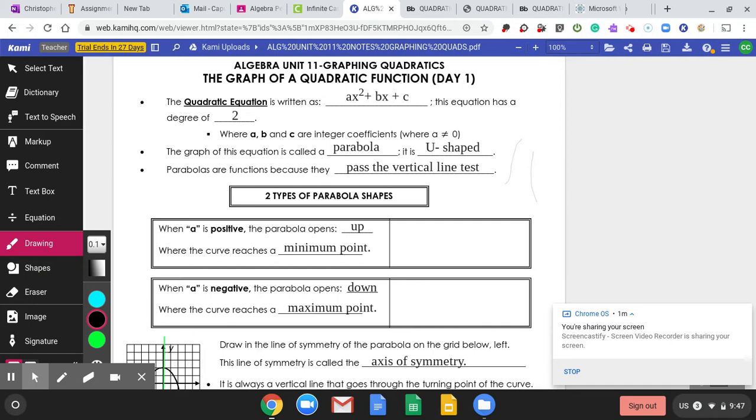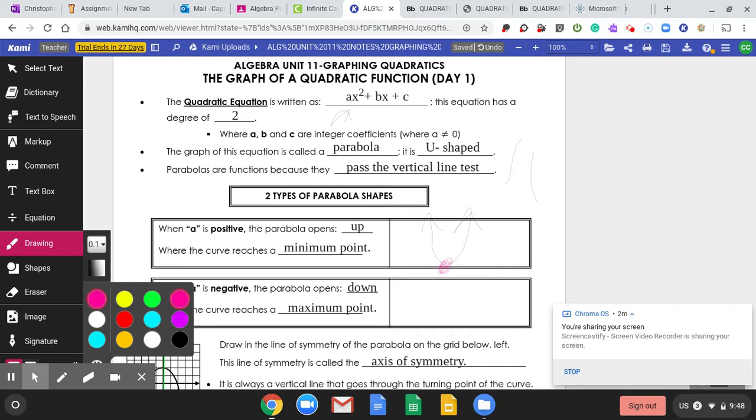All right. 2 types of parabola. If the a is positive, or what I mean by the a being positive is the first number. So if this first number, a, is positive, it's going to be a U-shaped going up. Okay, so it's going to look like that. Now, in that case, it means you're going to have a minimum point. This minimum point is sometimes called a vertex,